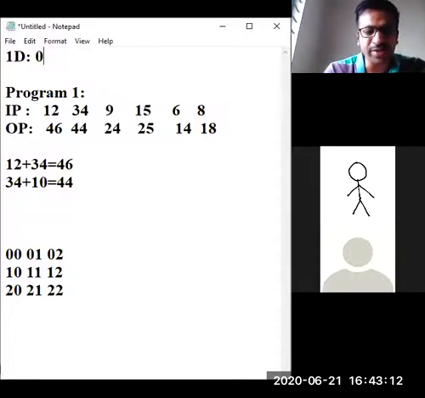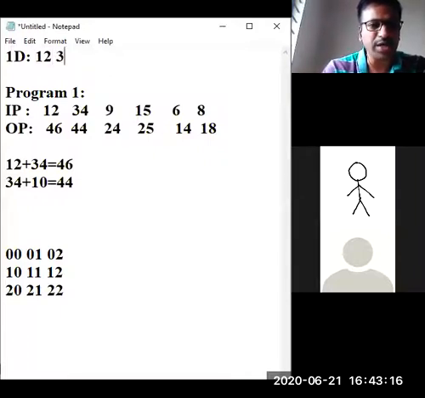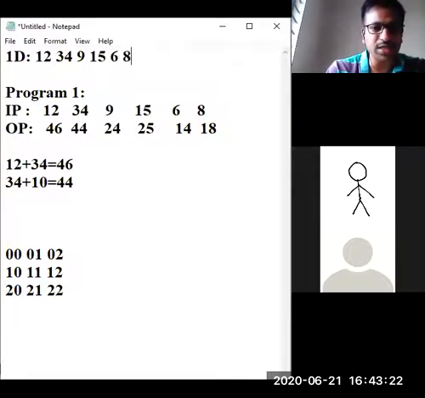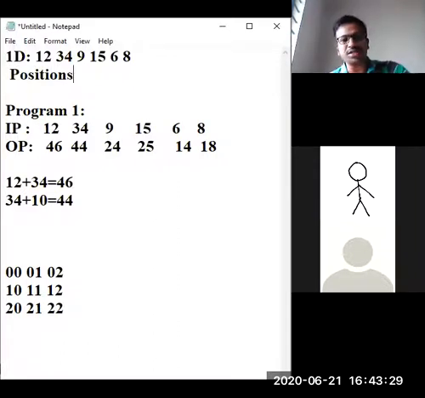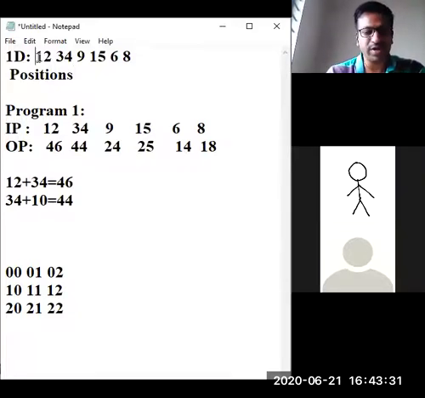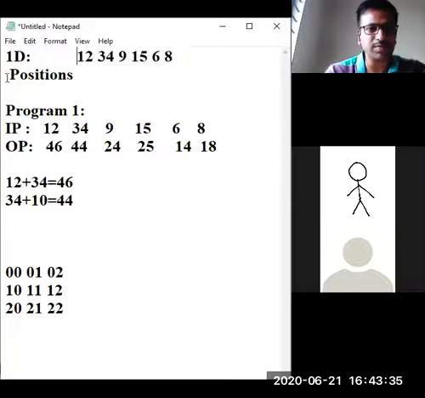For example, these are the elements: 12, 34, 9, 15, and then 6, and then 8. So what are the positions? I'll present it neatly.